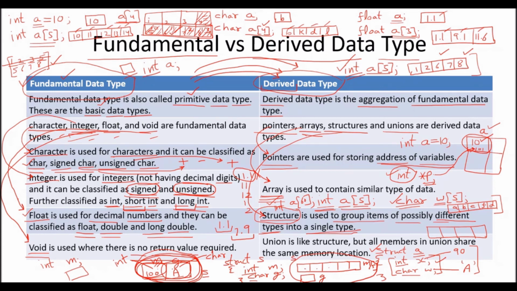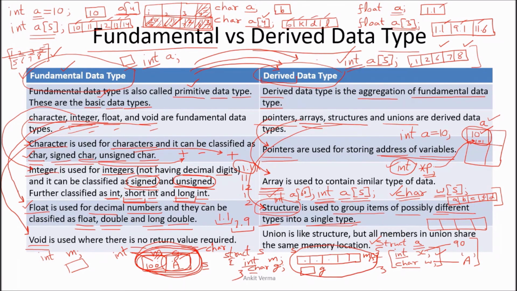So it is totally up to you how you want to declare a structure. Structure can have an array. Even a structure can be created in terms of an array, means there can be multiple parts of the structure. Totally possible. Okay, all. So the last one we are taking is the union.